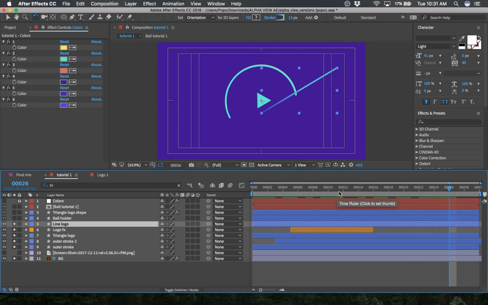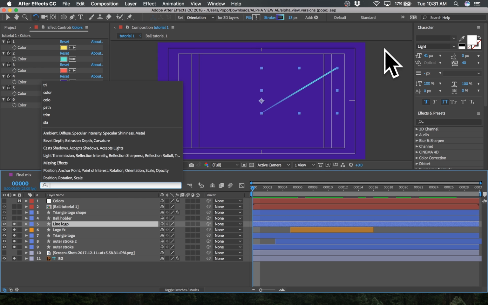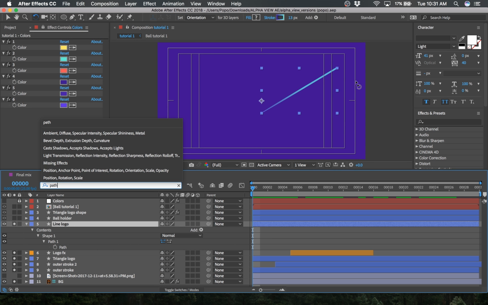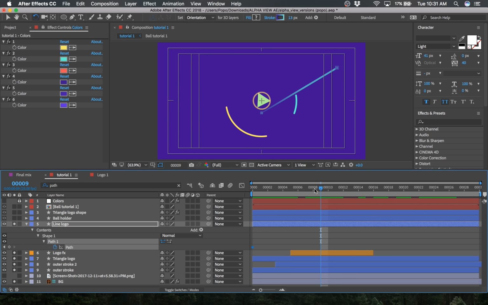So doing it, you have so many ways. You can start with frame path, or you can do it the old-fashioned way. So let's try to see what this old-fashioned way is. We know that this is a path, so I'm just going to say path. And right here you can see a keyframe on path. So what is this? This means that if I change